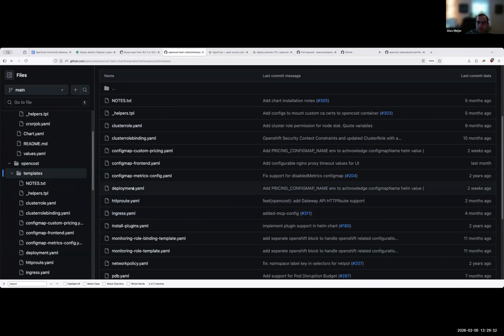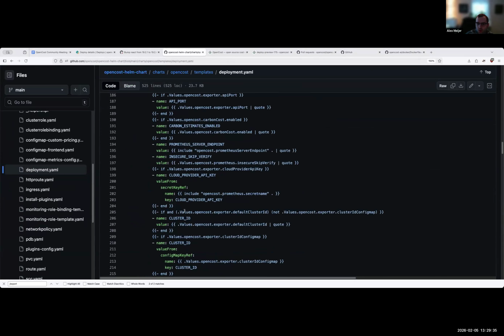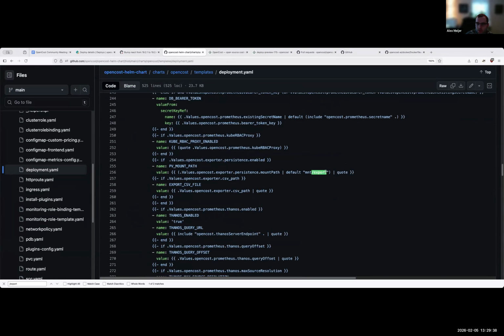Would you continue to mount in /var/configs, or would you keep this mount export? Right. As it is today, we've made that path somewhat unreachable within OpenCost. I don't really love mount export as the name of the persistence path, but yeah, I mean, I guess